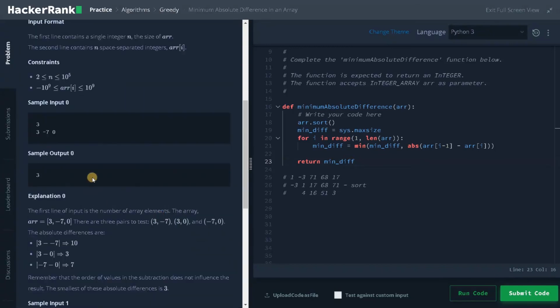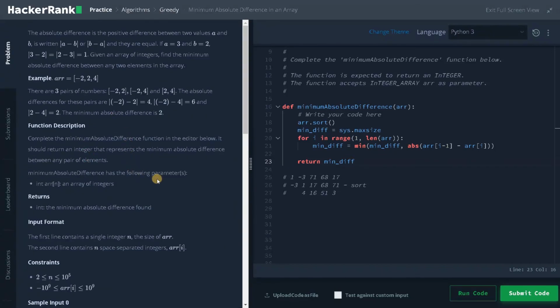The same logic applies to all the other examples also. The overall time complexity is n log n because of this sorting operation. You can also solve it in linear time. If you use count sort, it will sort the array in linear time because it deals with numbers, and the overall complexity of count sort is order of kn. K is negligible, so it will be order of n. So that is also possible.